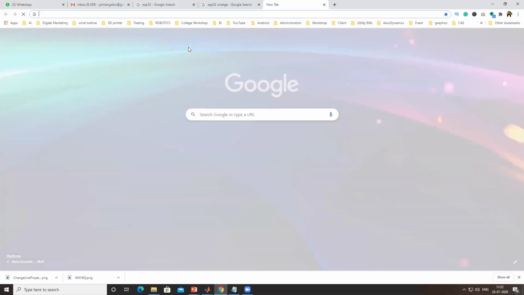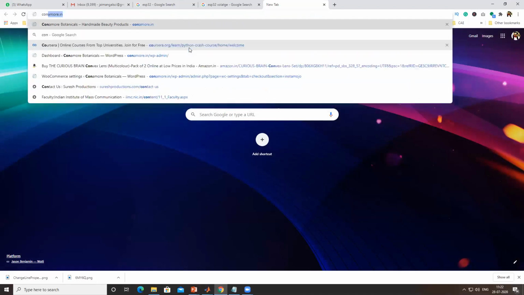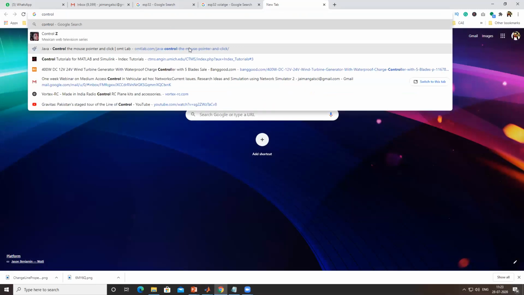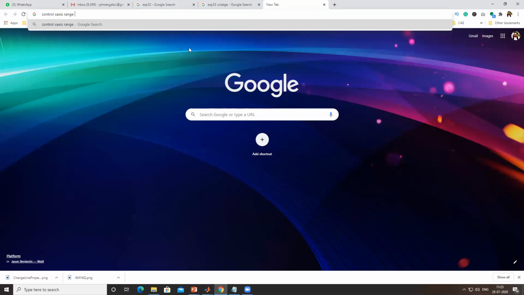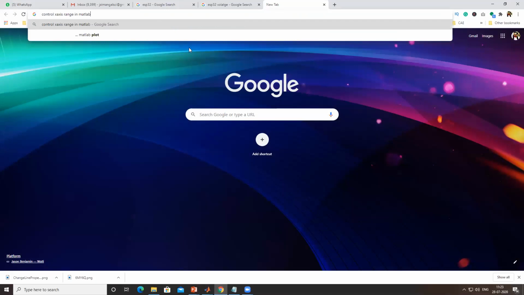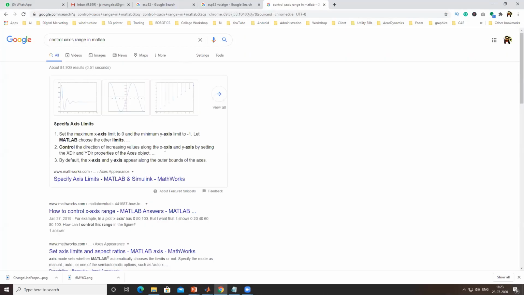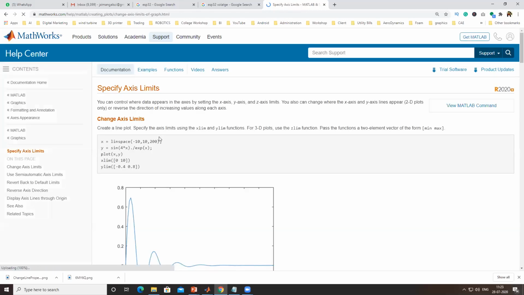Let me check the 2020 version's documentation. Control x-axis range in MATLAB. Okay, yeah. So the first link is the MATLAB documentation file.